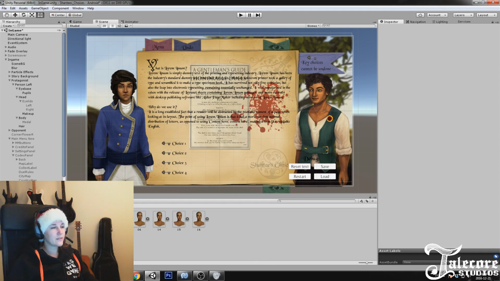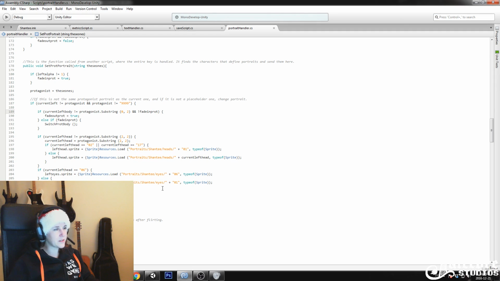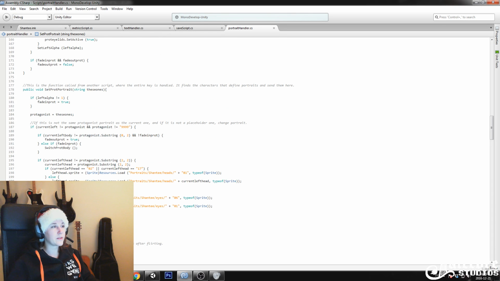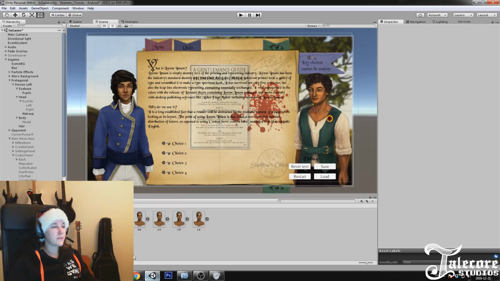It's not going to look like this in the end because she's going to be cut up differently. It's kind of macabre, but anyway, it's actually good that it's a string, because I'm finding the right head and so on based on the name of the actual file in the resources folder.